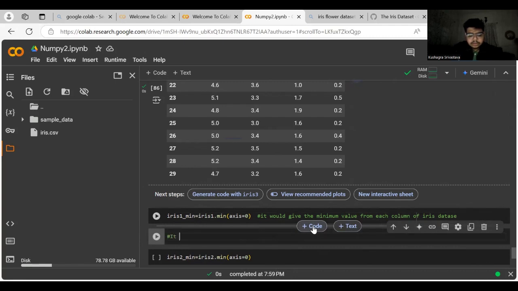And it would give the maximum value of the dataset from each row if we use axis equal to 1. If we give axis equal to 1,